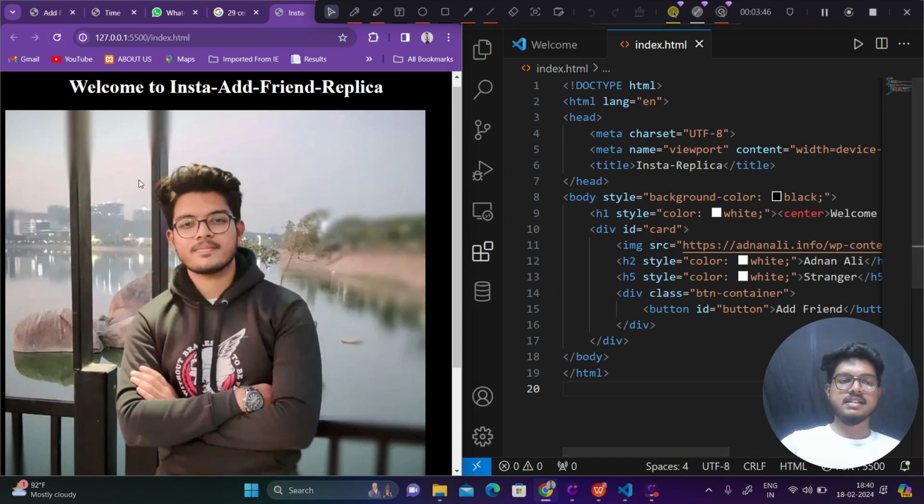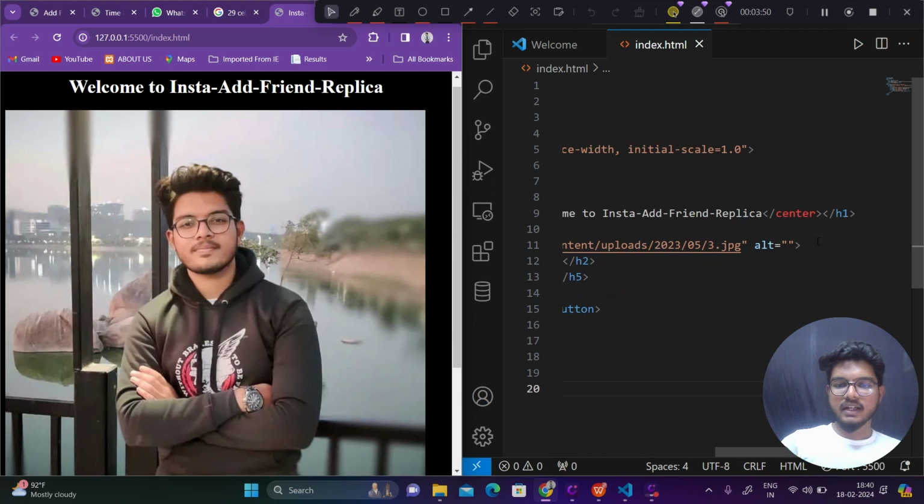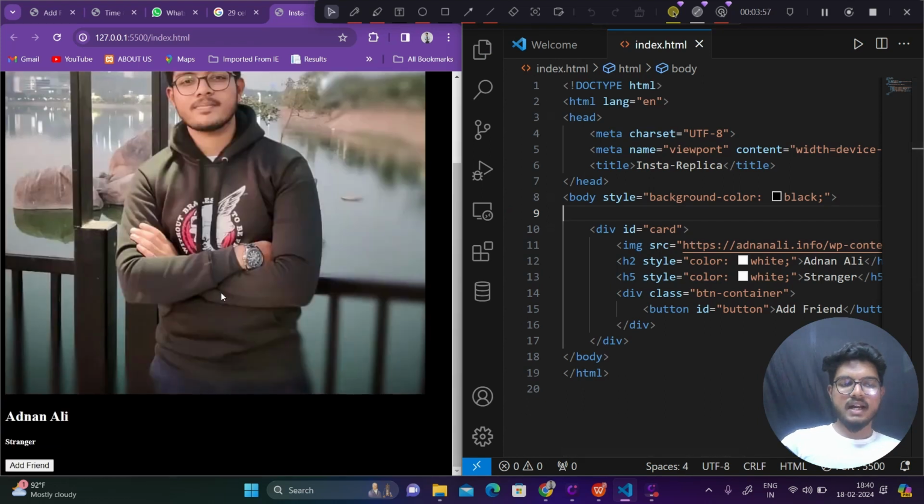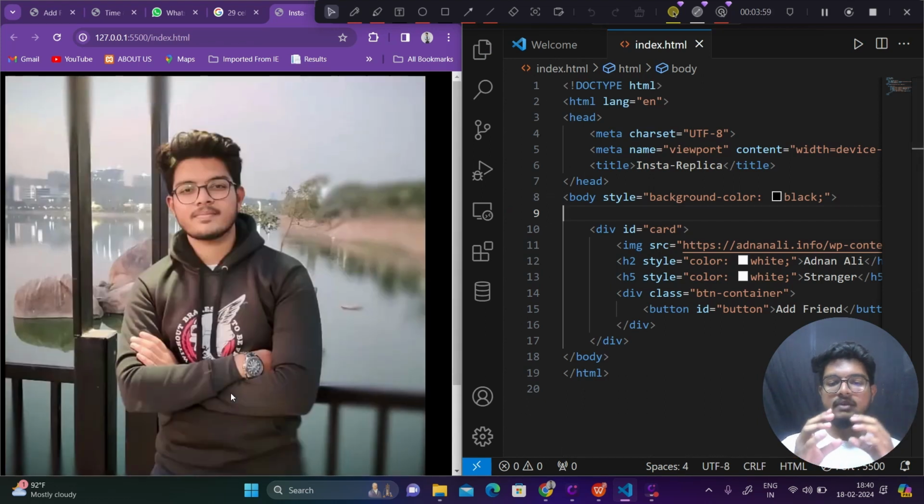Let's style this and make it in center. Or let's do one thing. Why add this title? Let's remove the title as well and replicate the exact same thing of what we have done previously. Okay, everything is removed. Photo is added. Text is added. Now we have to contain them in the form of a card. How to create this? Let's create one